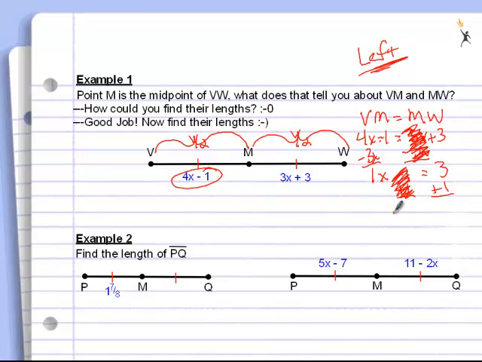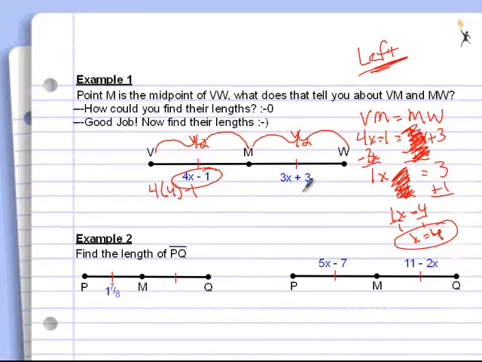Cancels out on this side, and I get 1x equals 4. Well, if I divide both sides by 1, I get x equals 4, which is what I was looking for. Get it? X equals 4, that's what I was looking for. Anyway, now that I solve for x, I can plug x back in over here and say 4 times 4